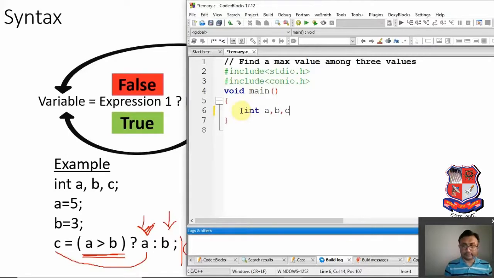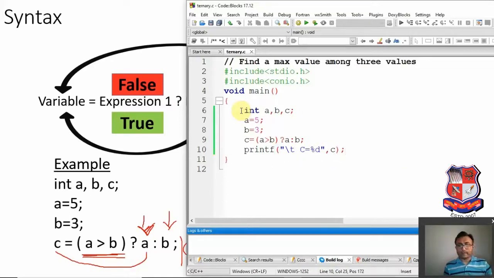We'll take 3 variables and initialize 2 variables, a is equal to 5 and b is equal to 3, and we use c is equal to a greater than b, that is expression 1, then question mark, then a, then colon, then b, as written in the example. Then we'll print the value of c using the printf function, c is equal to %d, and we'll print the value of c over here.